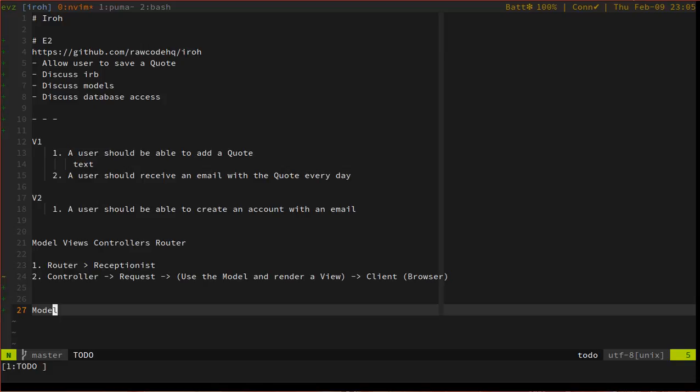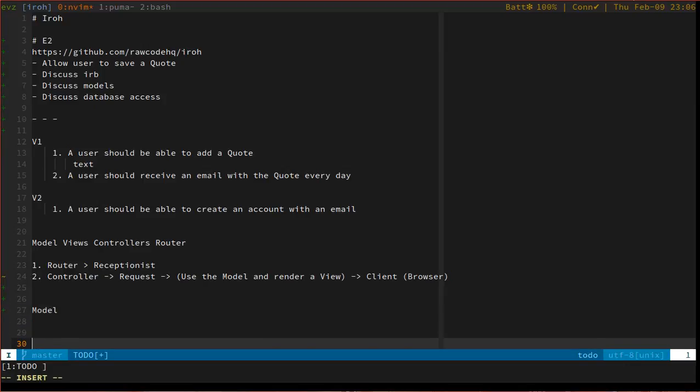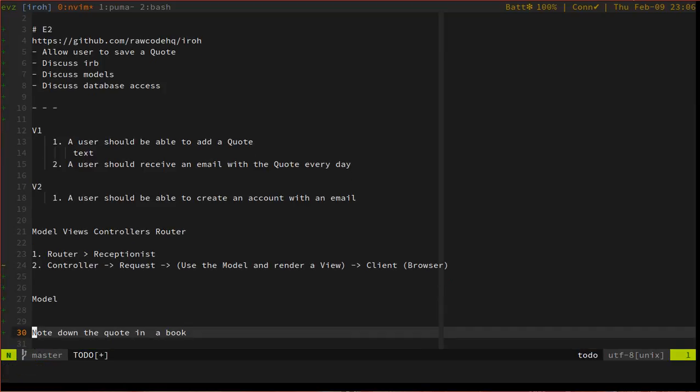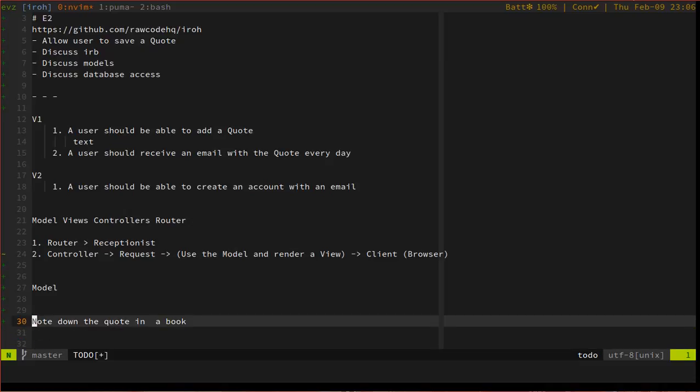In the real world, if you want to store quotes, you can store them in your memory, in your brain, but you may forget them. So you may write them down in a book. This is kind of permanent. When you note it down in a book, you can go back and look at the book and see what's written, to remember what the quote is. So similarly,